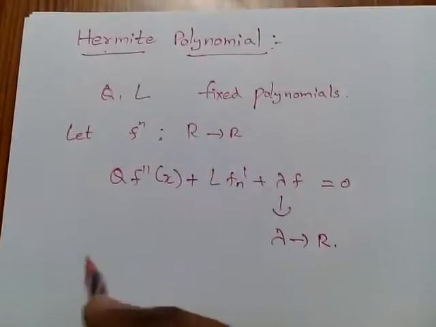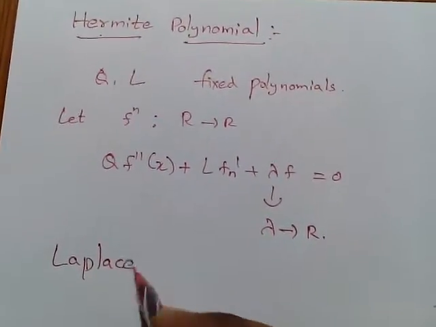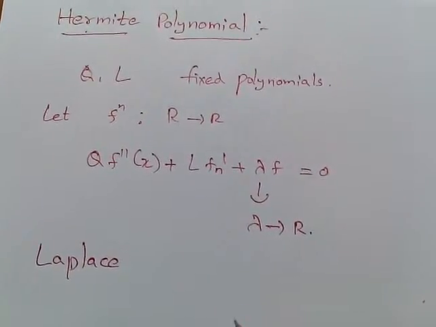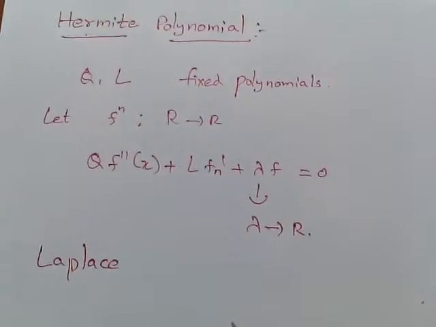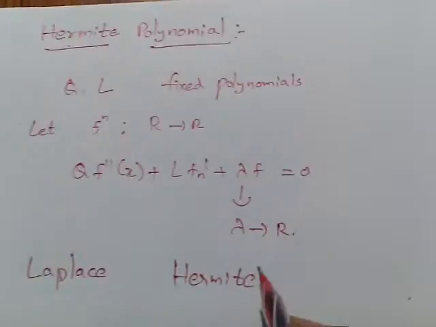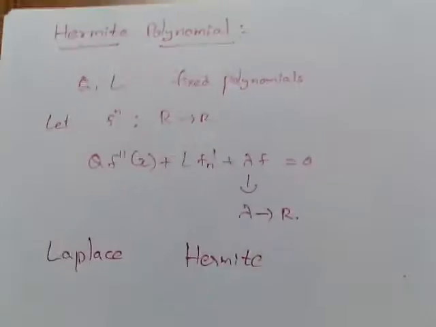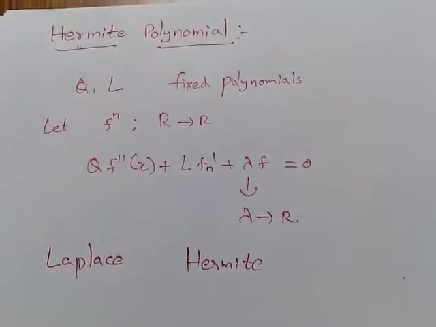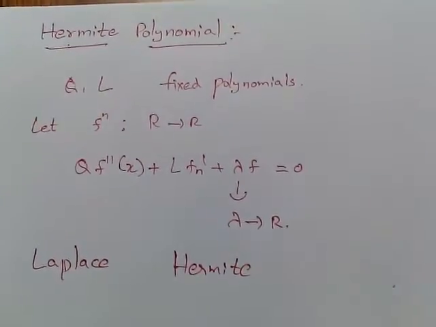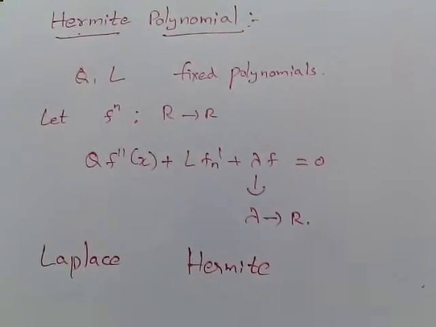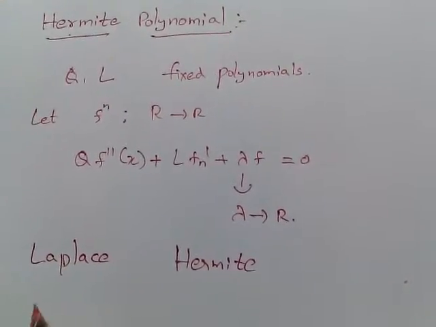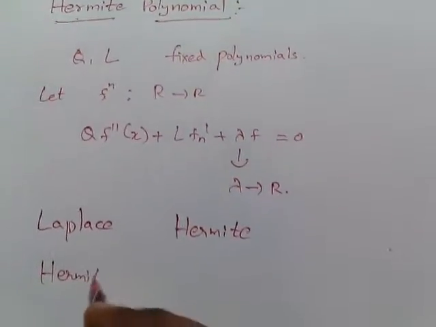Hermite polynomial was first studied by Laplace, and then it was contributed by Chebyshev, and later it was brought into theory by Charles Hermite. So this equation was given by his name, and so it was called Hermite polynomial. There were different applications based on Hermite polynomial, but we consider only mechanical aspect of Hermite polynomial. I am going to write the equation of Hermite polynomial. The equation is stated as below.